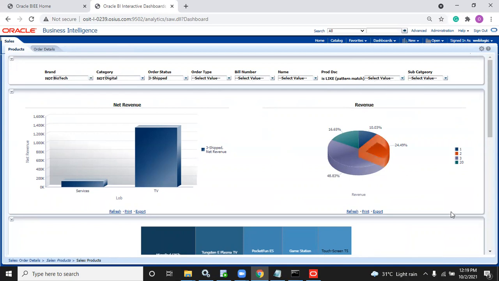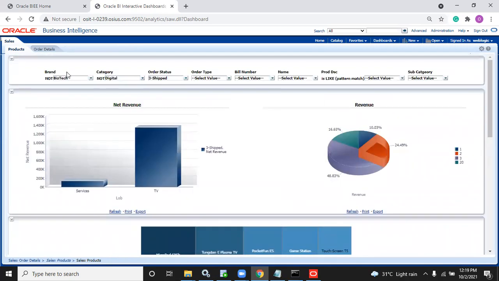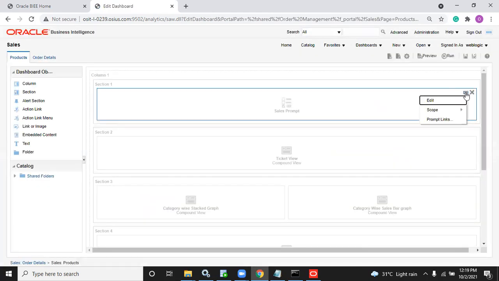I will get a scroll bar like this at the bottom also. So in those cases, a few of the prompts I want to push to the next line. When there are like 15 to 20 prompts, I cannot display all prompts in a single line. It doesn't look good. So I want to display a few in the second line, a few in the third line. In that case, how to do it? Just edit the prompt. Edit the prompt.